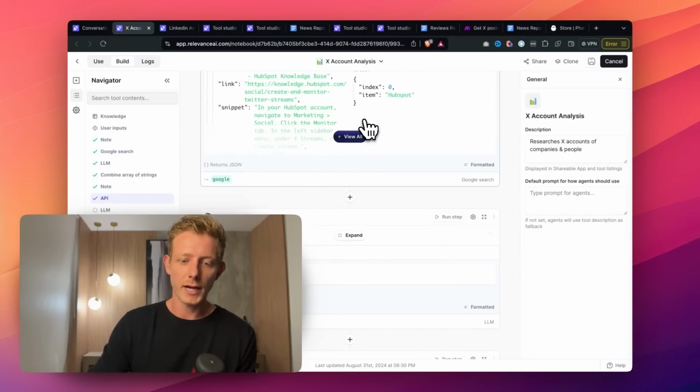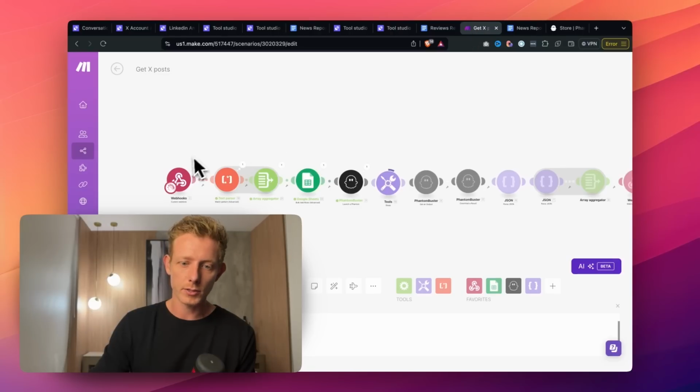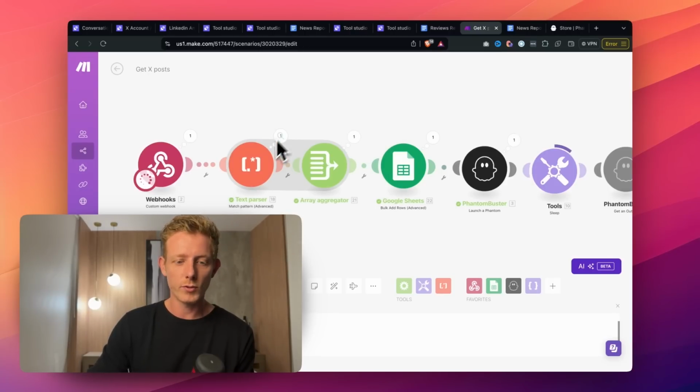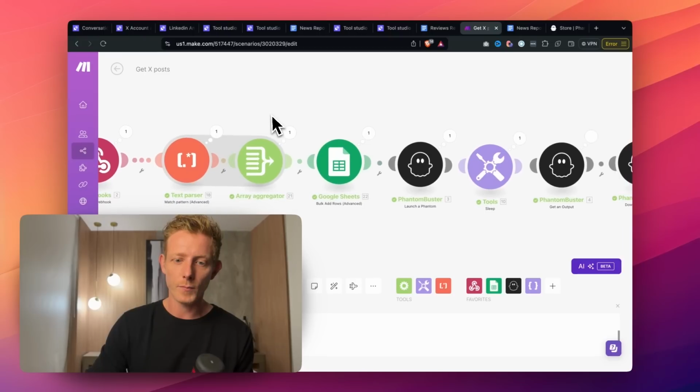So I've run it, right? And you can see here we found the X accounts of both of the platforms. Then our make.com got triggered here, and we send over those links, the HubSpot X link and the Pipedrive. Then again, what we do is we separate these two, so we have the two different links, and then what we do is we actually have to add it to